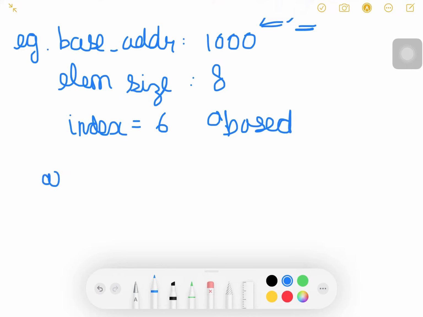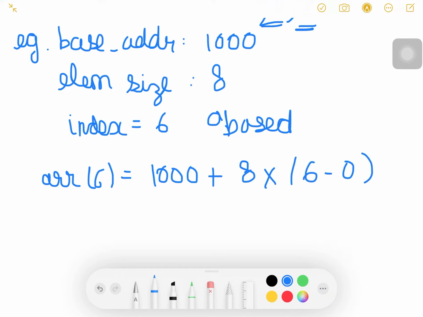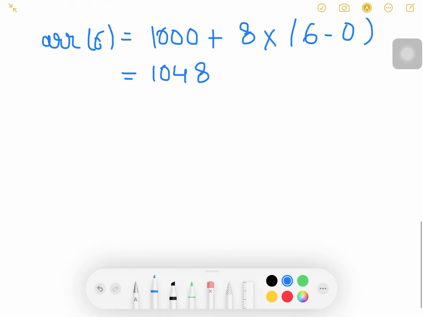So we can find the address of the sixth element as follows: 1000 plus element size 8 into index minus base, which is equal to 1048. So the address of the sixth element is 1048.